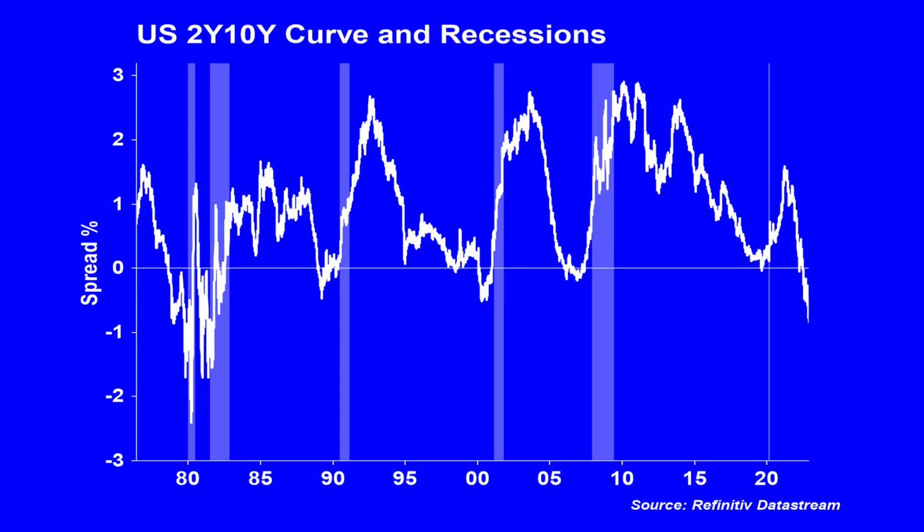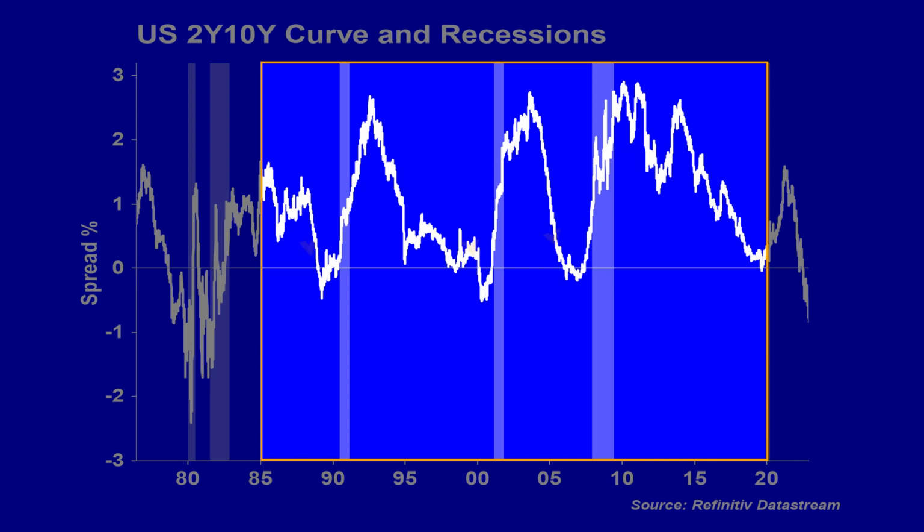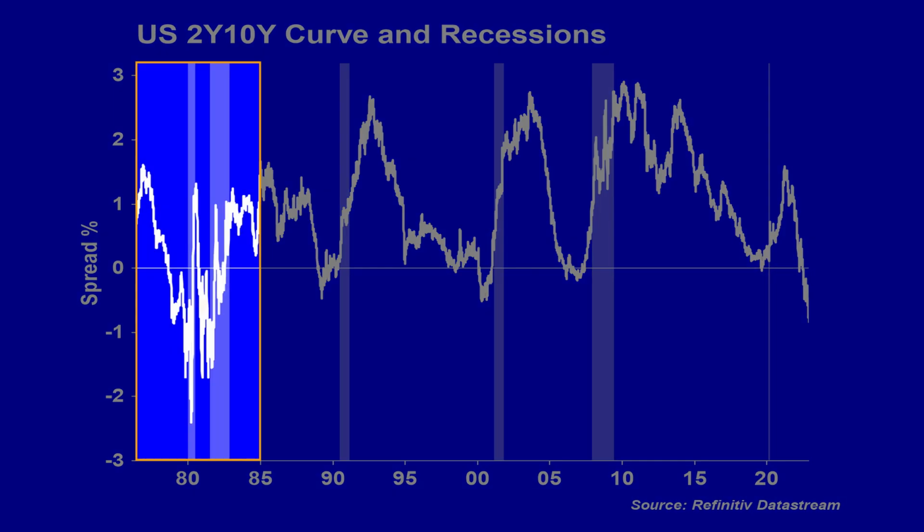And again, this goes back to comparing to that period of moderation, because there's still a lot of people who expect the yield curve to invert and then start to re-steepen into a recession and therefore into the lows in the equity market. But again, that was that period of moderation. Go back to 1980 and 1982, and here you can see that the yield curve carried on its inversion to its steepest, deepest inversion, right into a recession, with lots of volatility in that yield curve. It went up, it went down in terms of that steepness, but it carried on going down into the recessions.